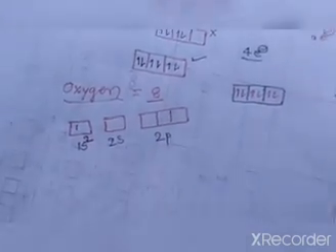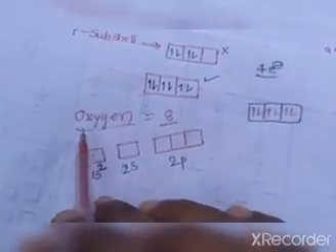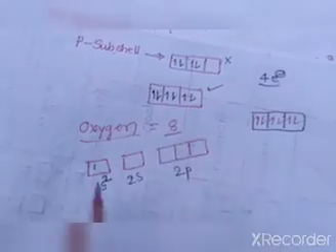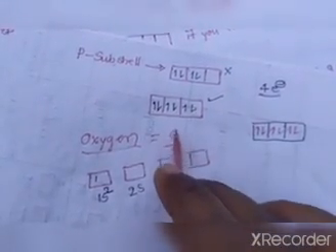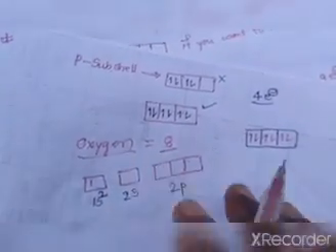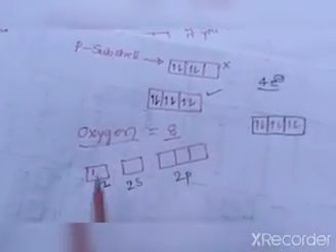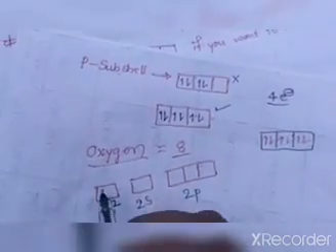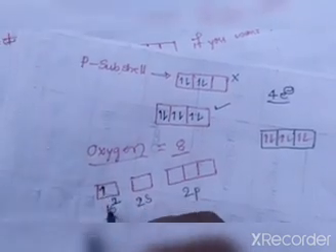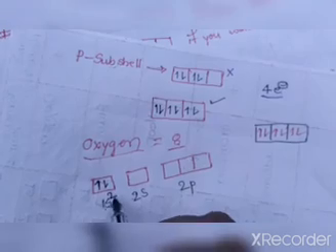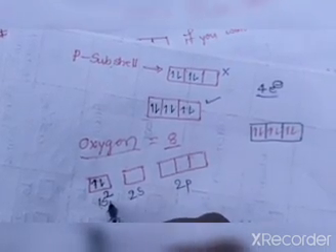Okay, students, let's see one example. Here I have taken oxygen. Its atomic number is 8, and atomic number 8 means it has 8 electrons. Of those 8 electrons, the first electron will go to 1s, because 1s is the least energetic. The second electron also fills 1s. The s orbital capacity to hold is 2.